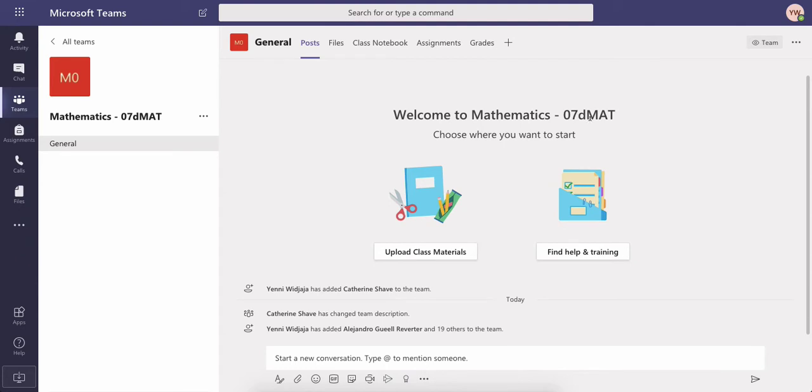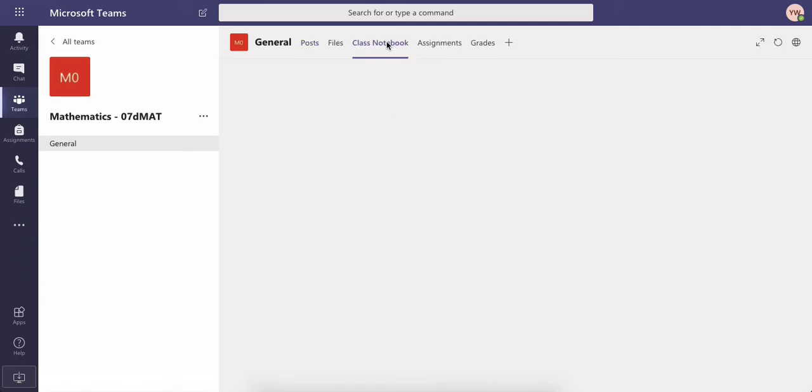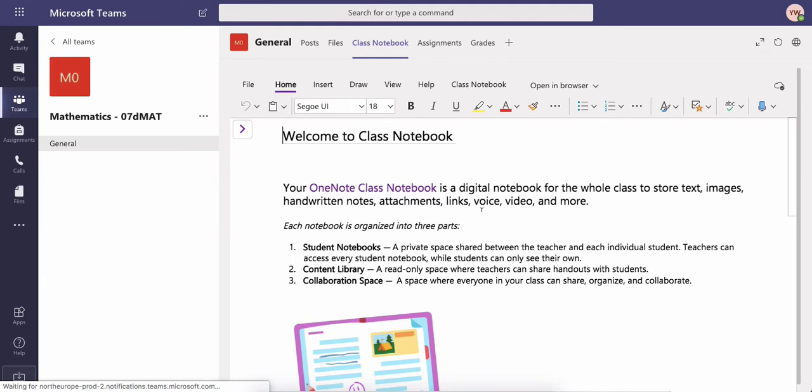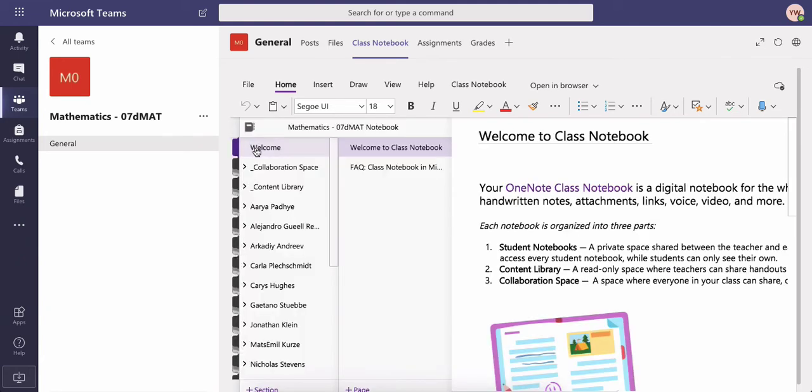Now we are going to use class notebook. So if you go to class notebook here and click there, each person will see only his or her own name. So this is my class notebook, so I will see everybody in 7D. Okay, so the first time you see it, it's probably looking like this, and you just need to click this arrow here. And if you click there, then you will see welcome. You will probably have content library, but each person will see only their own name. So you will not see everybody in grade 7 like this, because this is just mine. You will see only your own name.